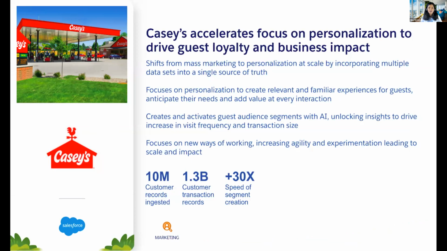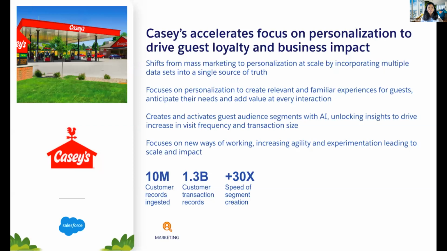So when Casey's heard of Salesforce's CDP, they wanted it so that they could market to every guest based on their individual past purchases, with the goal to increase repeat purchases and customer loyalty. Casey's is growing rapidly, and in the last year alone, they have seen over 10 million guests in over 1 billion transactions purchase from Casey's 100,000 different products. These purchases happen in their mobile app, on their website, in their stores, and even at their gas pumps.